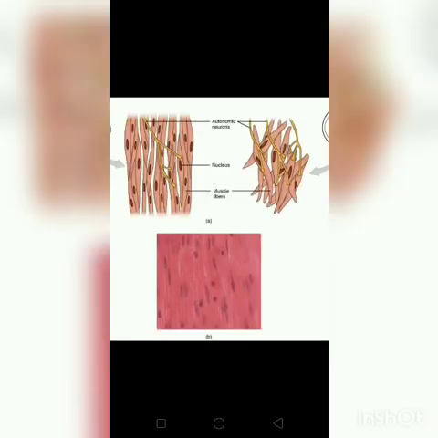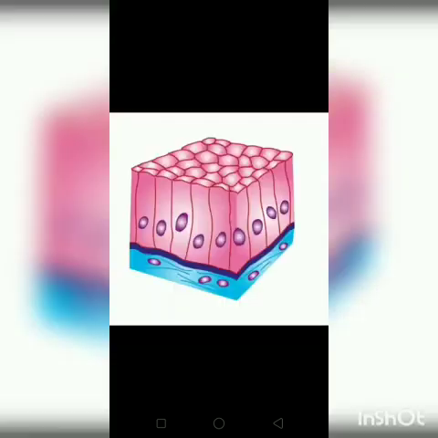These are the muscle tissues and they are categorized into 3 types: cardiac muscles, skeletal muscles and smooth muscles. These muscles are made of muscle tissues. Muscle tissues are elongated cells also called fibers. They have multiple nuclei, means they have many nuclei, but smooth muscles have only one nucleus at the center. Muscle tissues are striated and they have a special contractile protein, which contracts and relaxes them. And the function of muscle tissue is that they bring about movement.